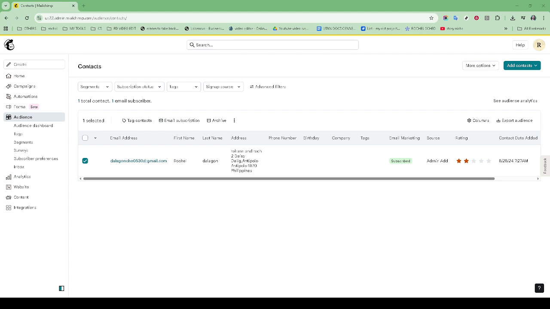Your contacts will now begin importing into your audience list. Depending on the size of your contact list, it might take a few moments, so don't worry if it doesn't happen instantly. Remember,